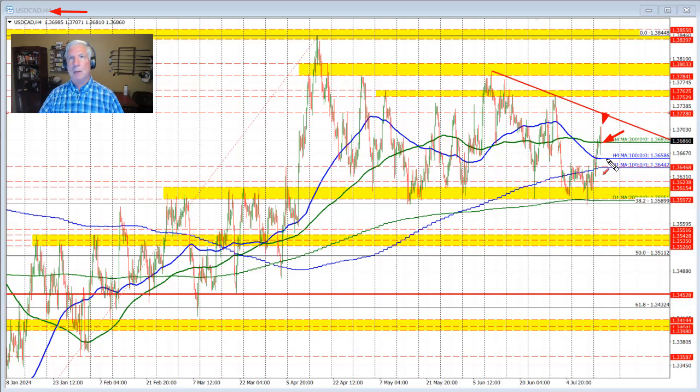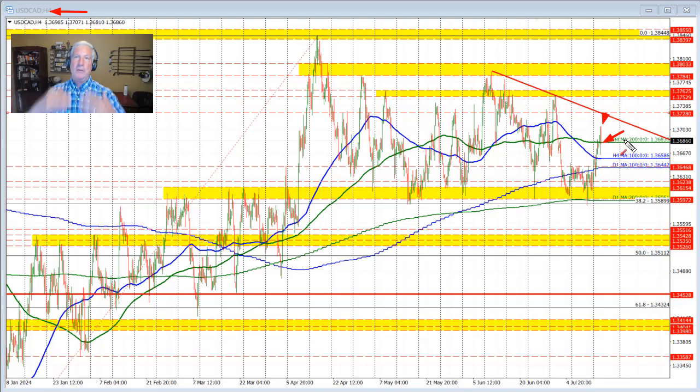The Federal Reserve is in play. There are other things going on, including the election in the U.S., which has its implications, and so on and so forth. So in that case, we have to rely on the technicals to tell the story for us. If we want the dollar Canada to remain more bullish, what we would like to see is the price remain above this 200 bar moving average at 1.3683.